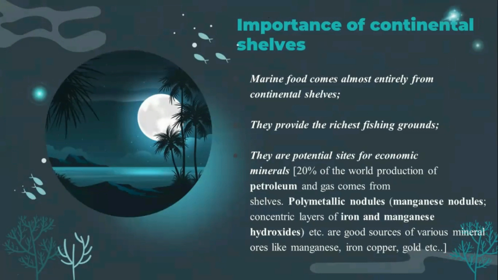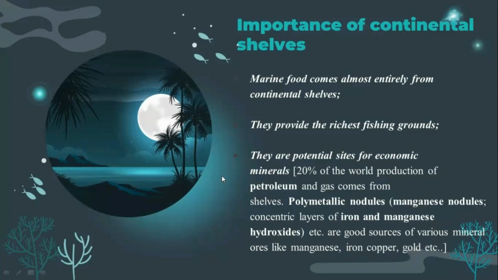Because the continental shelves are very rich in planktons. The planktons, like zooplankton and phytoplankton, are very good fish food. Fish love plankton, so they will obviously accumulate in the continental shelf region, and that is why they are very